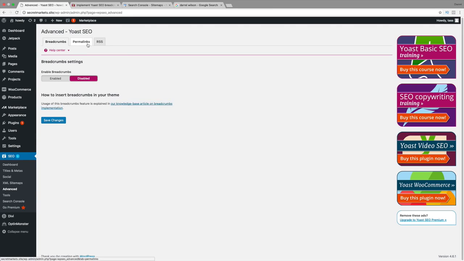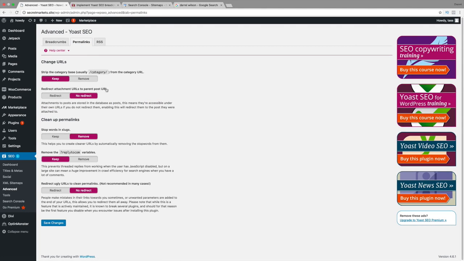It's really not. So over here under permalinks, under the next section, you basically want to leave all of these disabled, except for, I'll talk about this last one, which is redirect ugly links, permalinks. Now, Yoast kind of doesn't like this, but they've inserted it anyway. So basically what this is, let's say I go to my website right here,